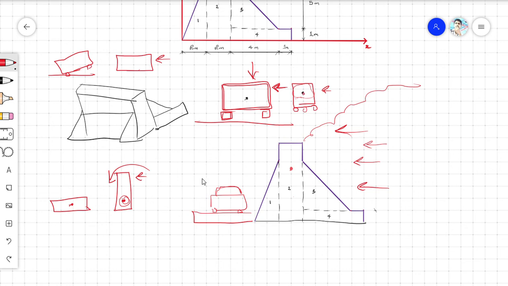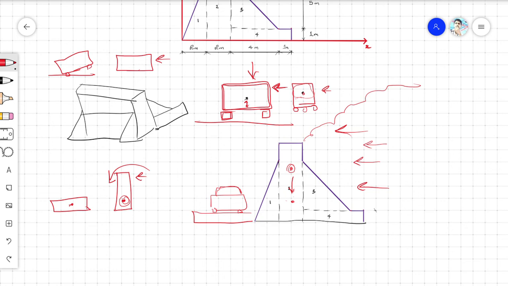So this is where engineers want to keep the center of gravity as low as possible to the ground surface, somewhere over here, so that the overturning effect is reduced. This is the concept. Next time, whenever you design something, just make sure that you play with this center of gravity. But every time you need to find the center of gravity, it is very important.